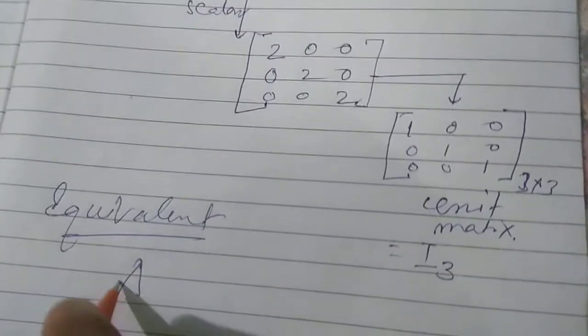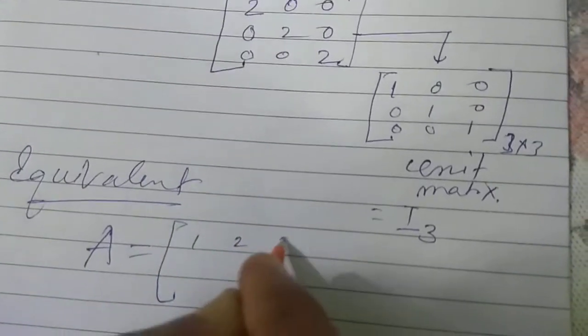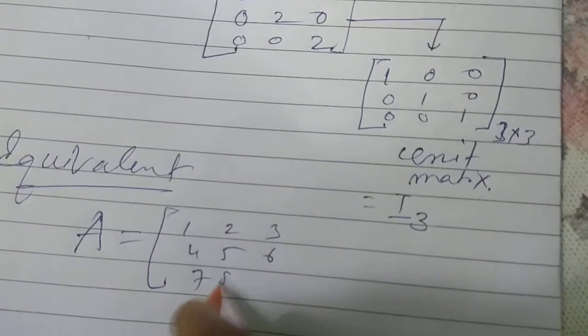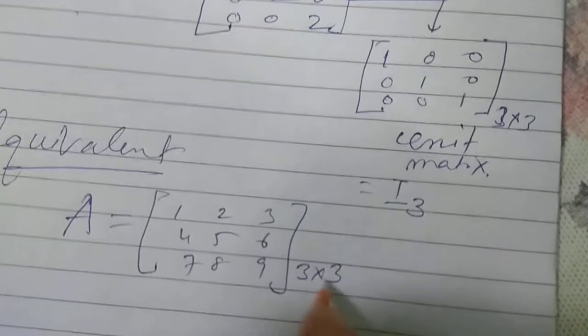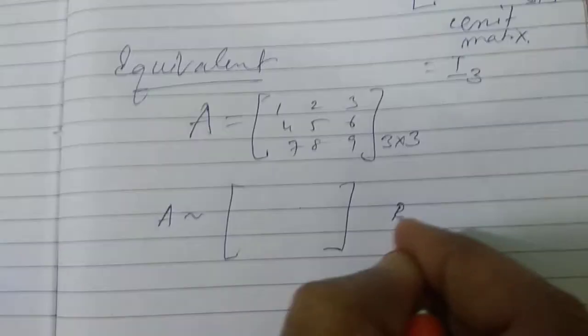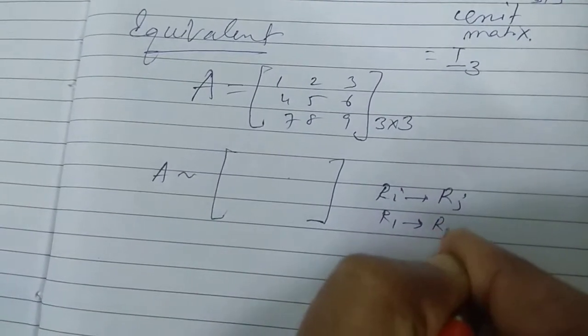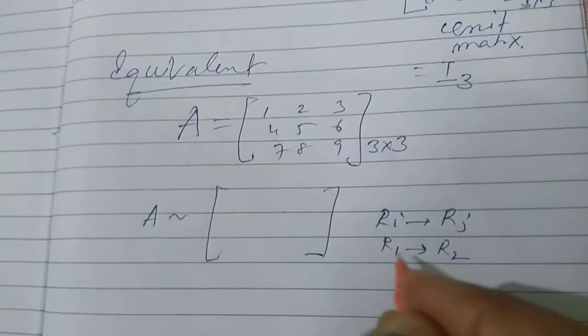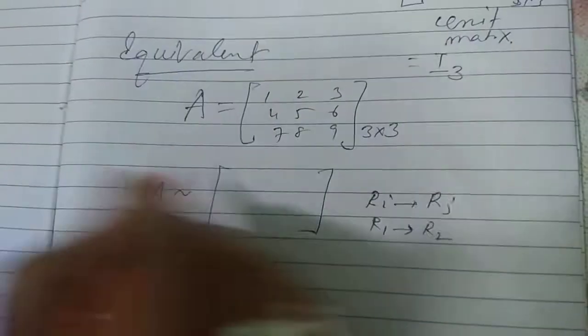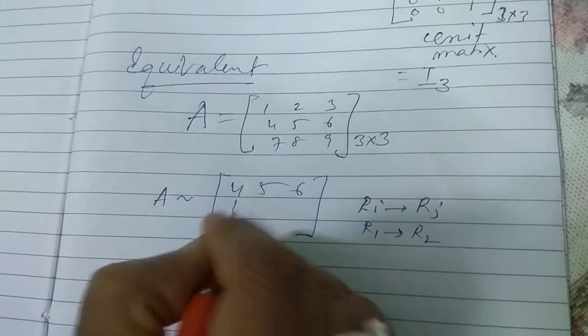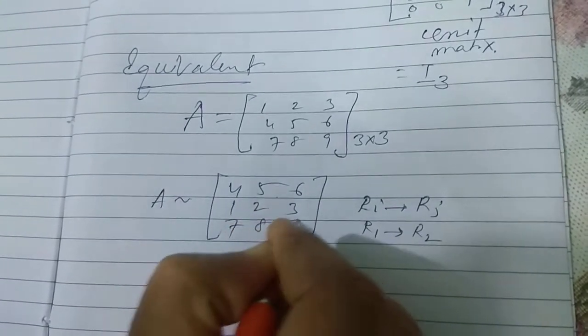Now suppose a matrix is A. A is 1, 2, 3, 4, 5, 6, 7, 8, 9. This is a 3 by 3 square matrix. An equivalent matrix to A I can write by simply interchanging Ri and Rj, meaning row i and row j. Suppose we interchange R1 and R2. Row 1 becomes R2 and this becomes R1. So if I write 4, 5, 6 here, then 1, 2, 3 and 7, 8, 9,